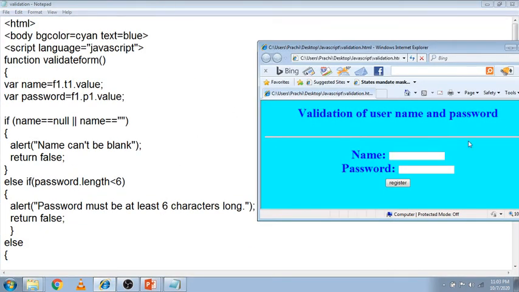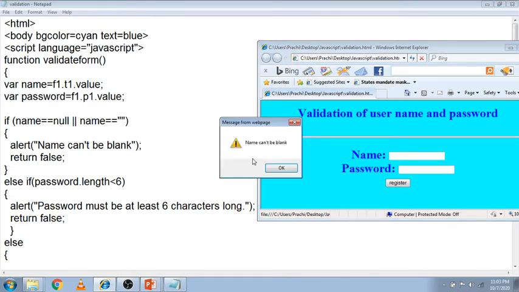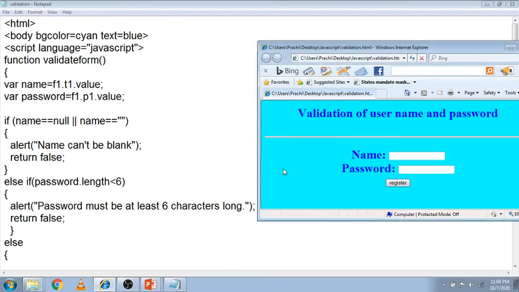Now first see the output. Validation of username and password. If both the name field and password field are blank and I click on register, then it returns the message name can't be blank. Click on OK.